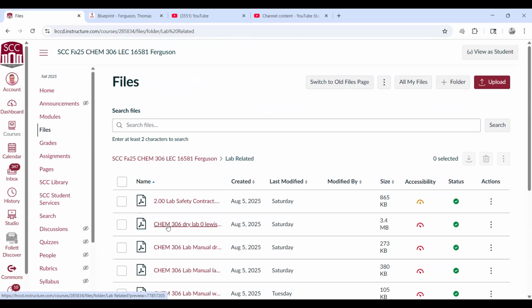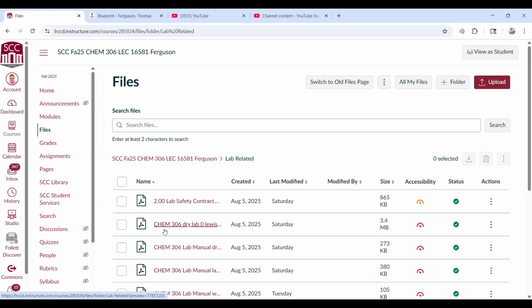I don't print out the dry labs. I know in the lab there's a ton of 305 dry labs that teachers copy. These dry labs are not in your lab packet you purchased at the student store. You're going to have to print them off yourself, and they're about 6-ish pages long. Or you can do them by just looking at the online version and then writing on another piece of paper and then scanning that. All labs are to be scanned, wet and dry, and uploaded to the assignment.